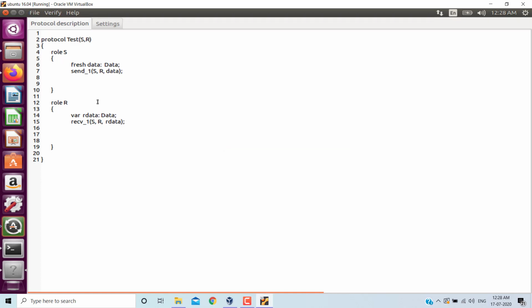So let us test security properties. What I do, I'll test the secrecy of this data. I haven't encrypted anything. I haven't done any security feature. Still, let us see if it finds the flaw or not. So to test security, I've used a claim keyword. Claim,